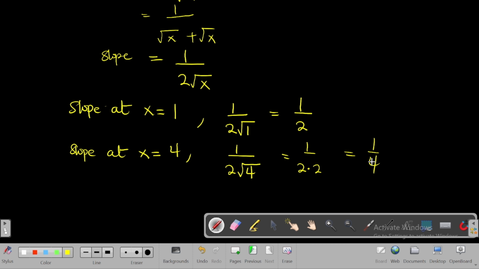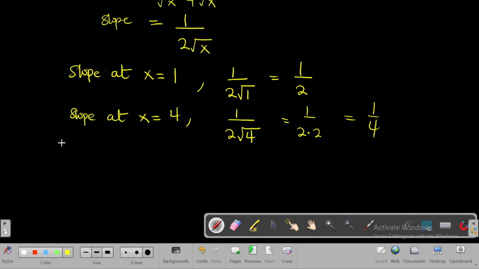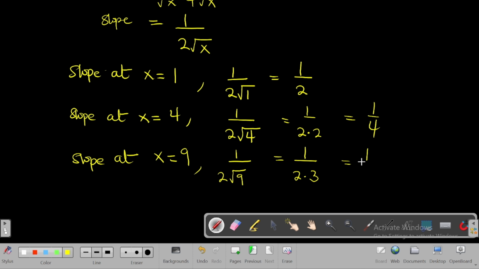And then our last point will be slope at x is equal to 9. All right, so it becomes 1 over 2 square root of 9. So it becomes 1 over 2 square root of 9 is 3, and it becomes 1 over